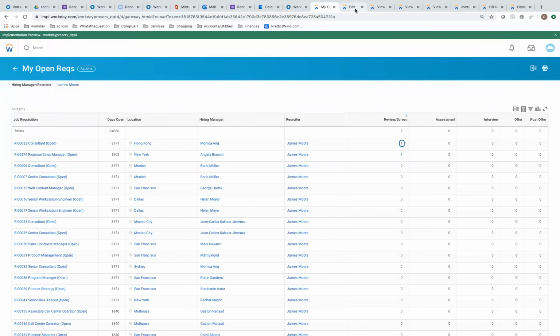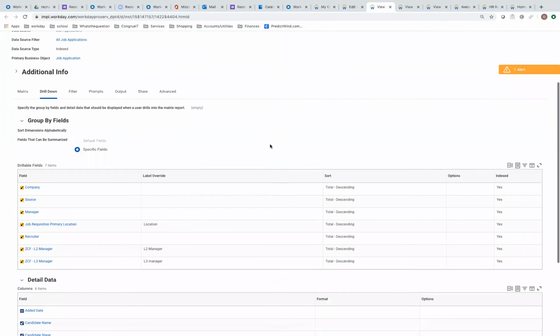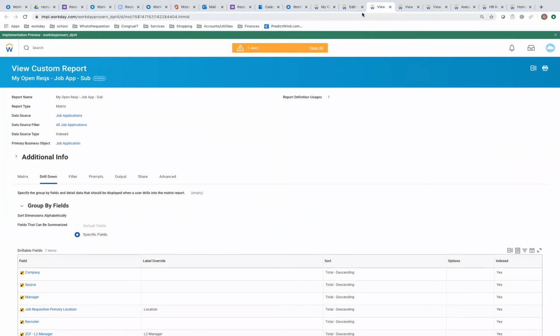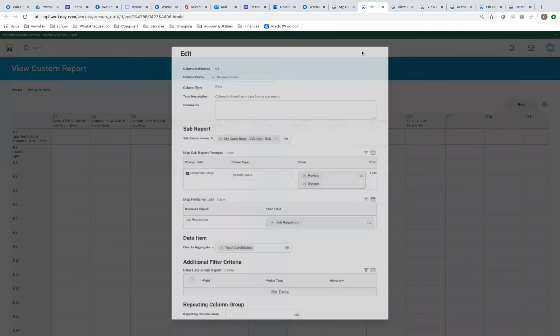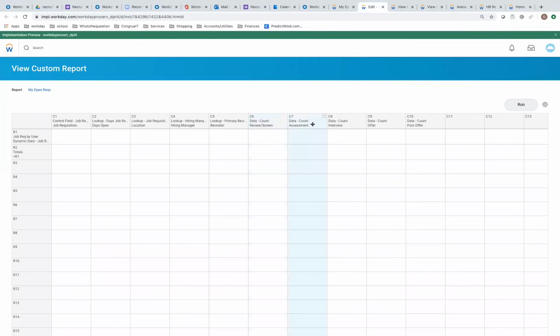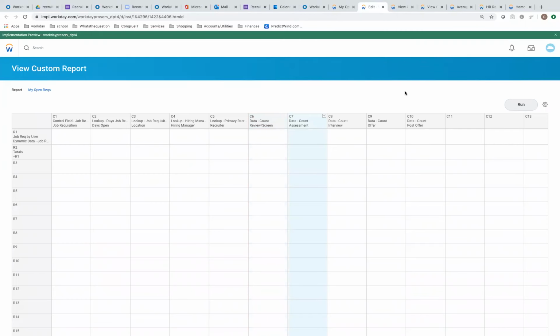So that we have that sub report. Yep. And that's about it for that report. So the rest of the columns over here are exactly the same, just selecting different candidate stages. Right? So this one's assessment, etc. Going across here. So I would say fairly powerful, but very simple report to build